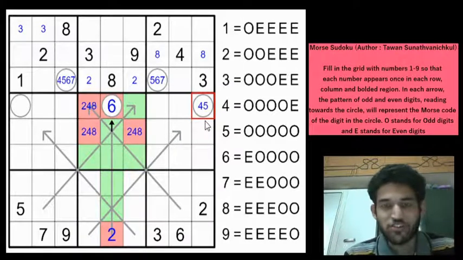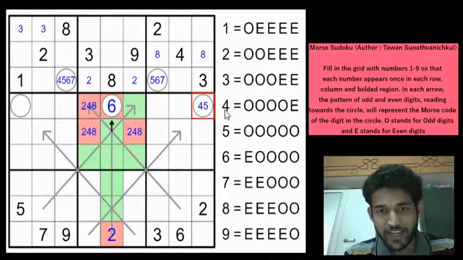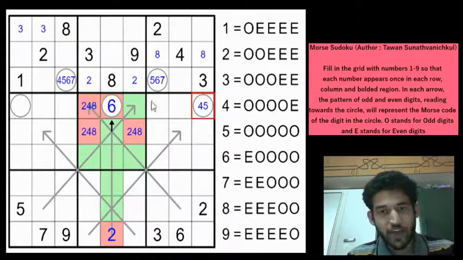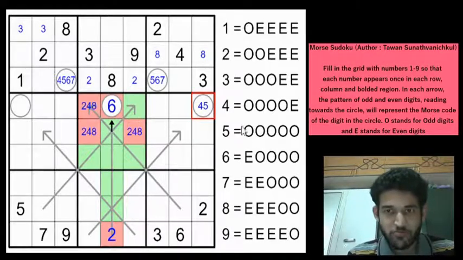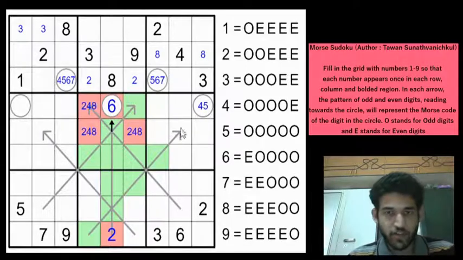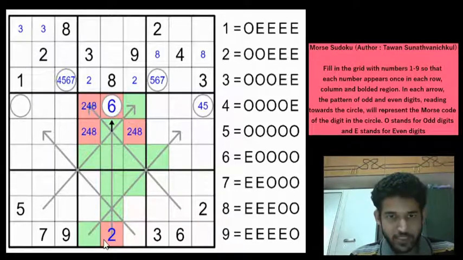Now let us again focus on the logic of extracting the common piece of information out of 4 and 5. This Sudoku is a continuously recurring solving logic of having this extraction of common logic from the digits. I really love the way Dhawan has constructed this Sudoku. So if you look at 4 and 5, the common piece of information is that first 4 digits are odd, right? So we can straight away mark the first 4 digits as odd. And this digit can either be even if it's 4 or odd if it is 5. So we don't know for now.